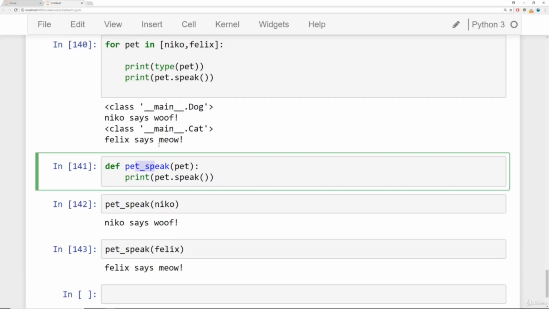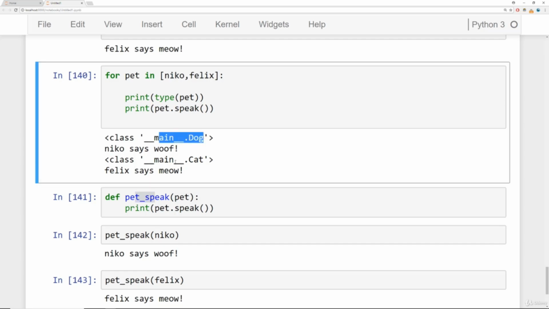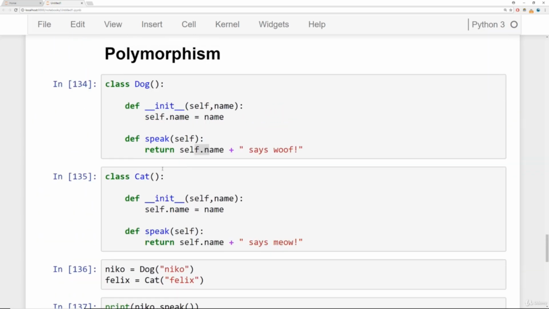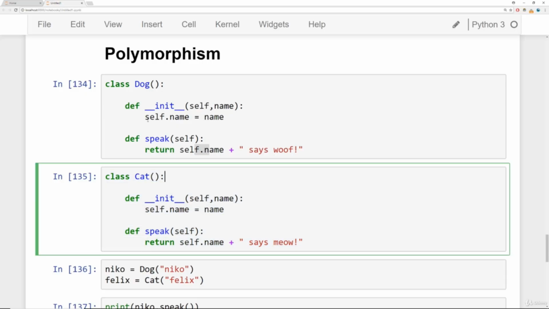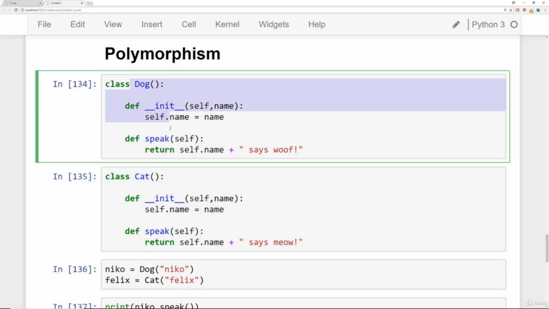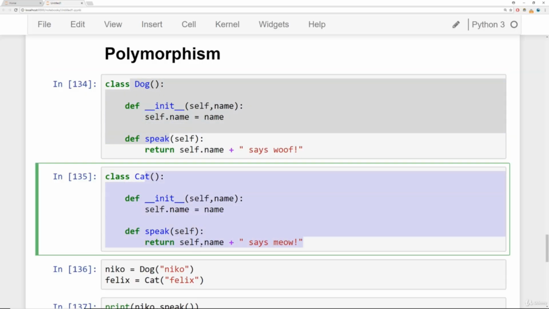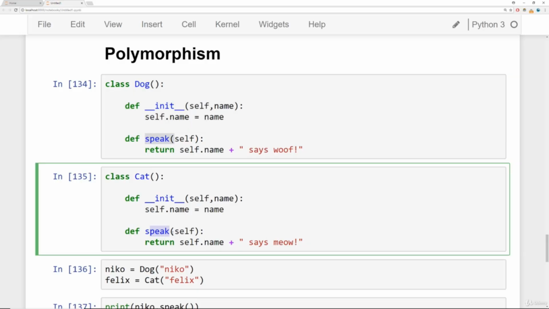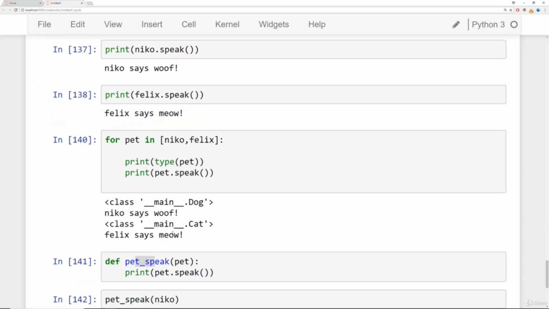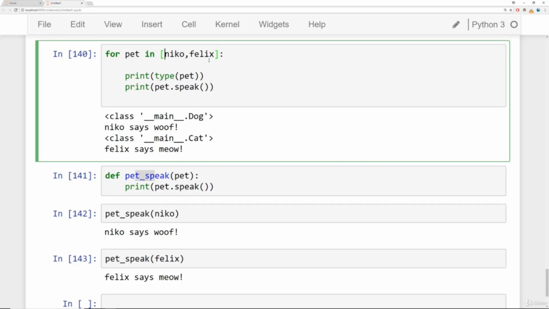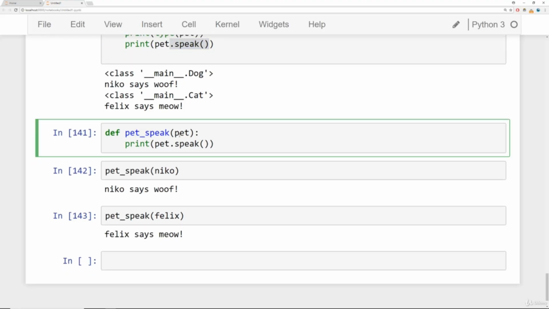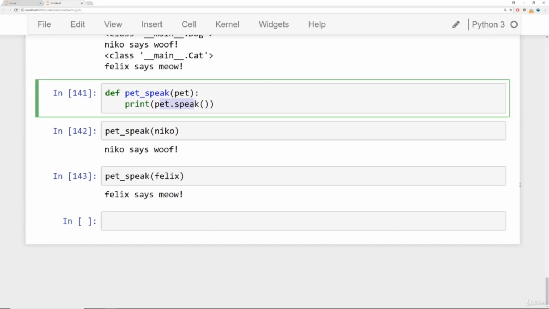So pet_speak itself doesn't actually know whether you're going to pass in a dog or a cat. Remember, these are two different classes, and they are pretty similar in our case, but they could technically be wildly different. Dog could have 100 methods, cat could just have these 2 methods, but they share the same method name speak, which means I can leverage that capability by iterating through a list of these different classes and calling the same method name, or most likely I pass it into some function where later on it calls that method called speak. So in both cases, we're able to pass in different objects and we obtain object-specific results from the same mechanism,